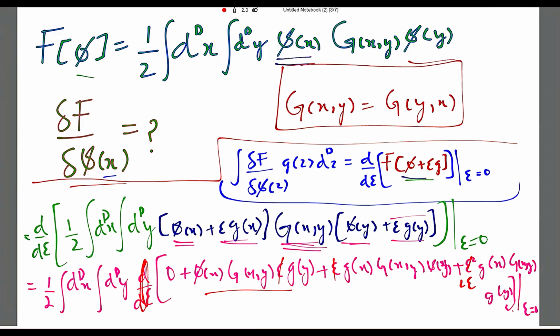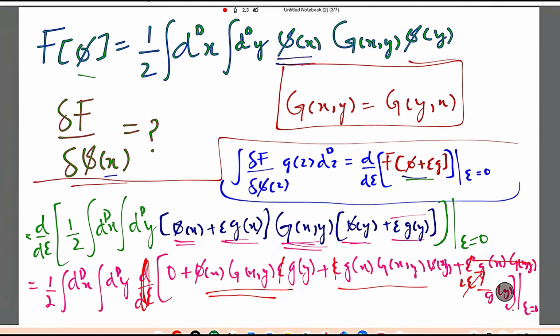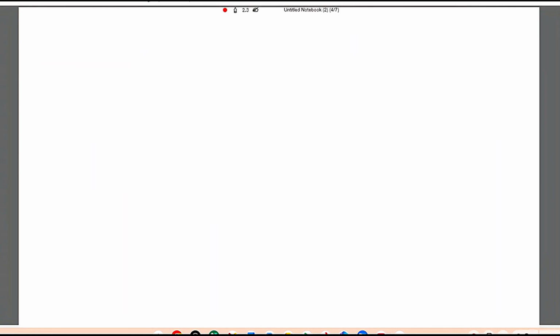When we put e equal to 0 in the next step, what will happen is that this doesn't contain e, this also doesn't contain e, so they will stay the same, there is no change. However, when you put e equal to 0 in this term, it will vanish because e equals 0, so this quantity vanishes and only these two quantities survive at the end. Alright, so let's write down the quantity that will survive after these two steps. That is equal to 1/2